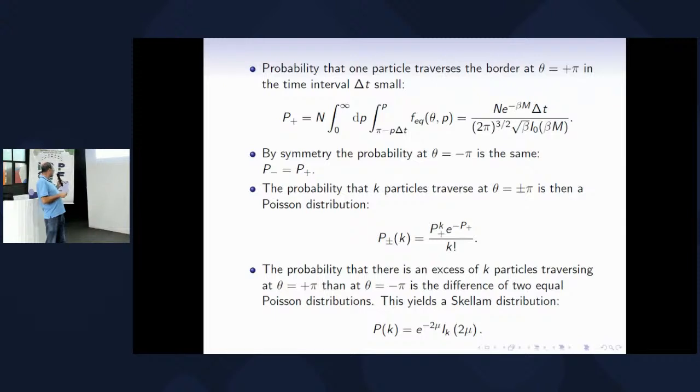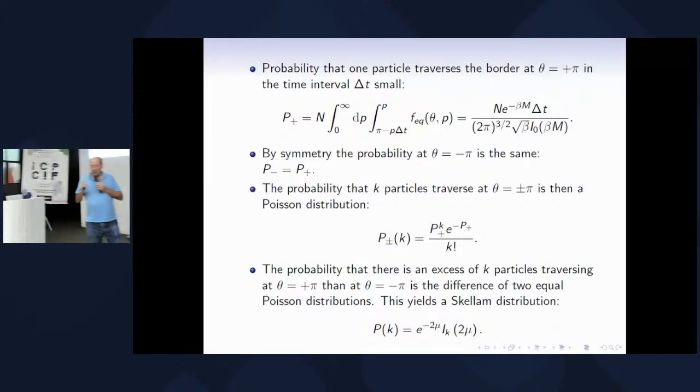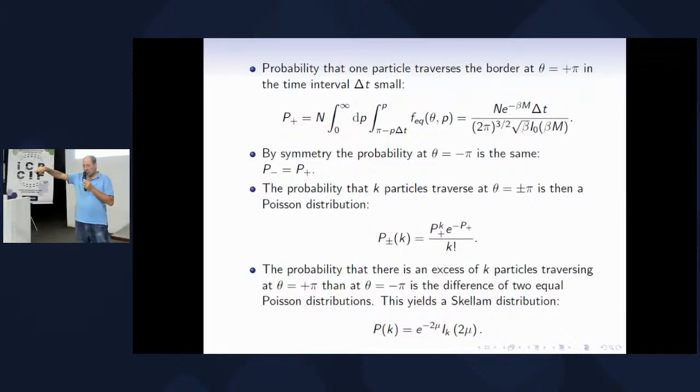That an excess of k particles traverse at theta plus pi than at minus pi. That means that I will take the probability that I have an excess of k particles traversing one side and the other. This will give the difference, a difference process between the two distributions. And this is the difference: the probability that I take two random processes described by a Poisson distribution, that the difference of the two variables is k, is given by what we call a